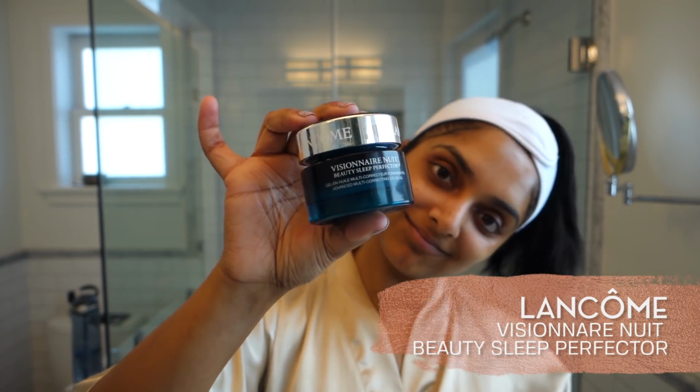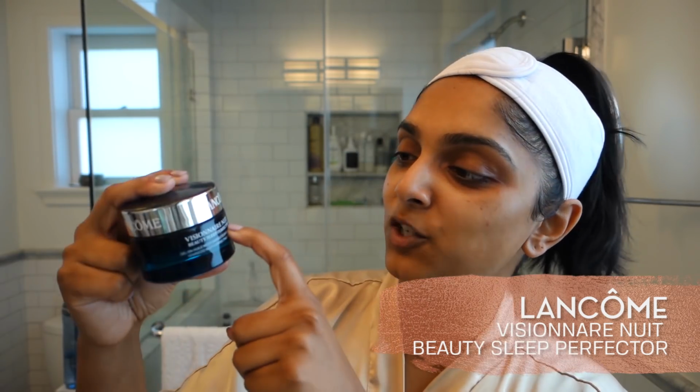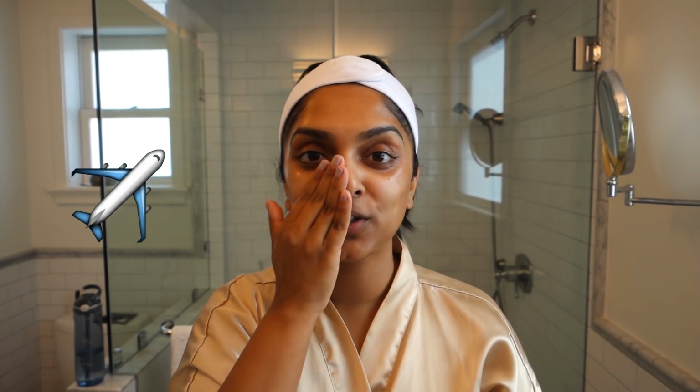It is the Visionaire. I've never known how to say that word. The French, man, they're so fancy. Visionaire NUIT. They call it the Beauty Sleep Perfector, and it is an advanced multi-correcting gel and oil. Don't you feel like after you're on a plane, your skin just hates you? That's when this stuff has been my go-to jam. It just makes your skin smoother, softer, bouncier, and you wake up and you just feel like it's nice